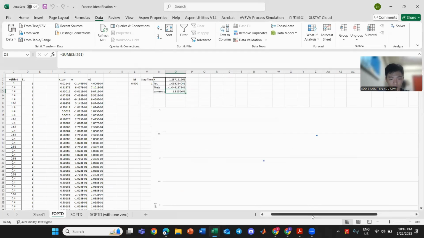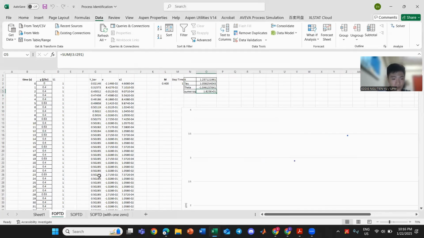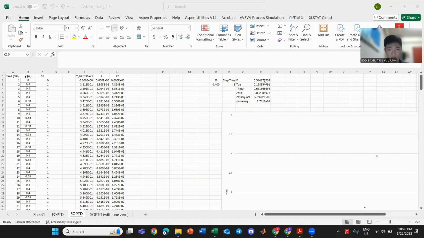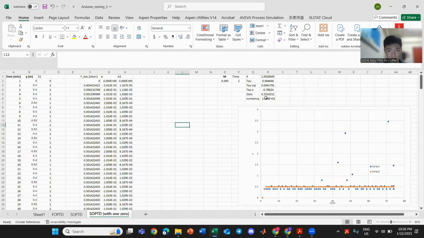Okay. So the sum of error square for the FOPDT will be 1.825. But we have to test with another two transfer functions, that is SOPDT and SOPDT with 1, 0. So let us test this. Applying the same method for the SOPDT, we can see that the sum of error square now is 17.61. Same goes for the SOPDT with 1, 0. The sum of error square slightly increased compared to the SOPDT. It is